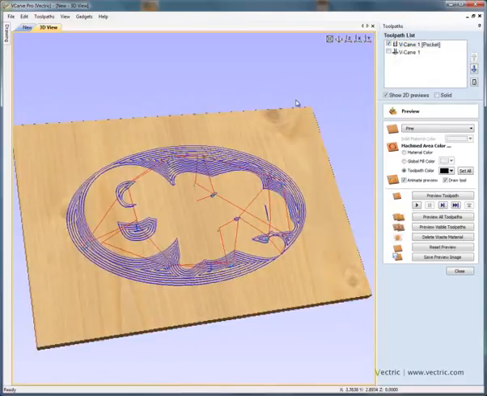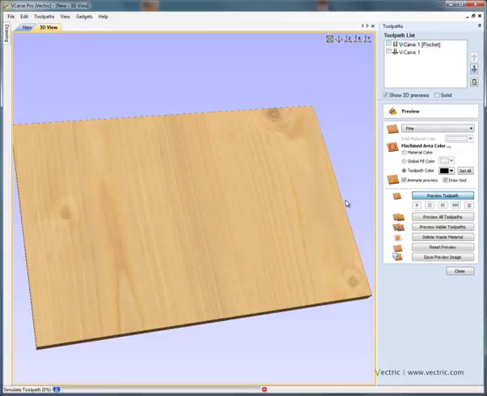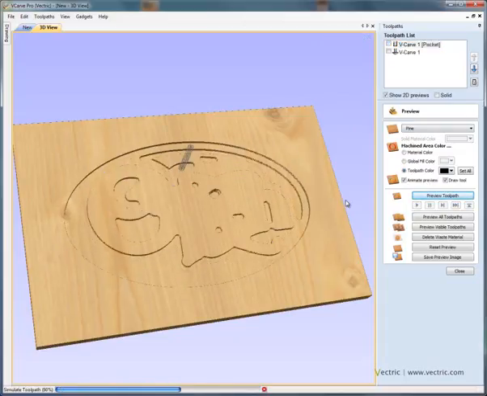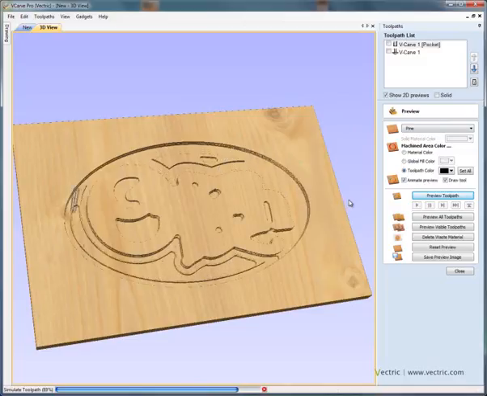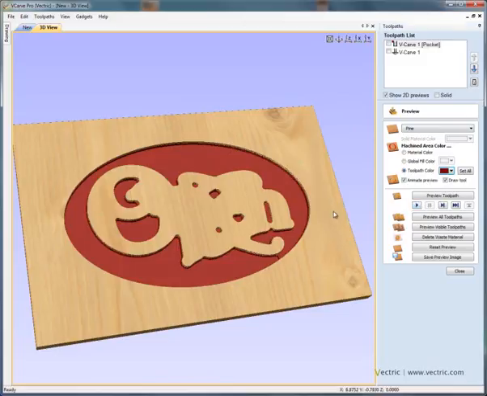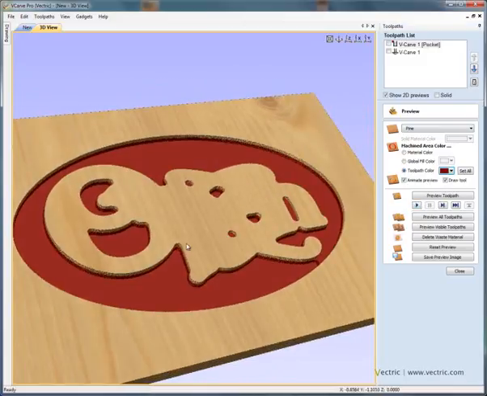So click and drag the left mouse button to twiddle. The preview form is automatically opened, so preview this toolpath. This shows us the material that will be removed by the 1/4 inch end mill. If we add some color to this toolpath, so dark red, click with the right and push with the right mouse button, you'll see that the 1/4 inch end mill is too big to pick out any of the detail